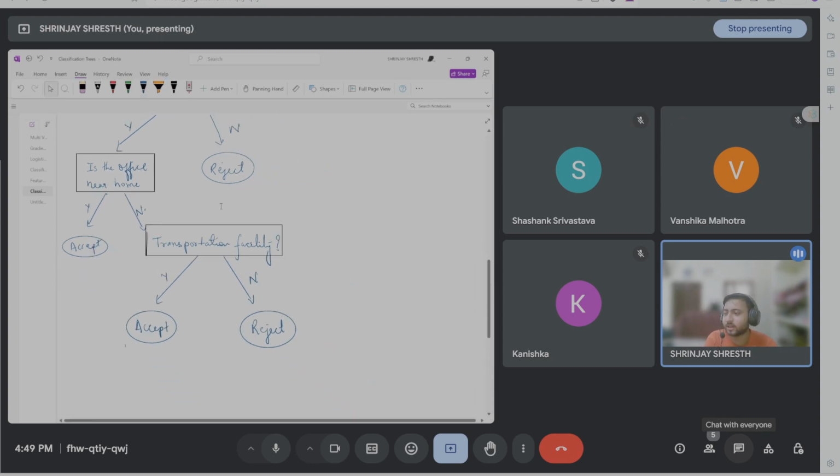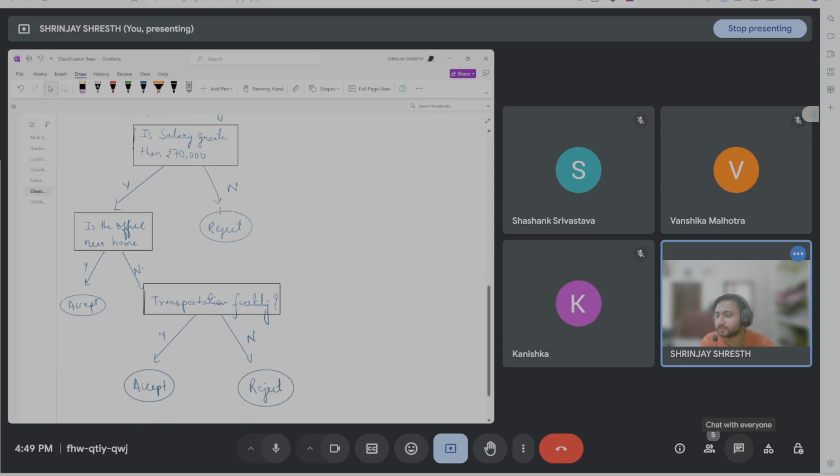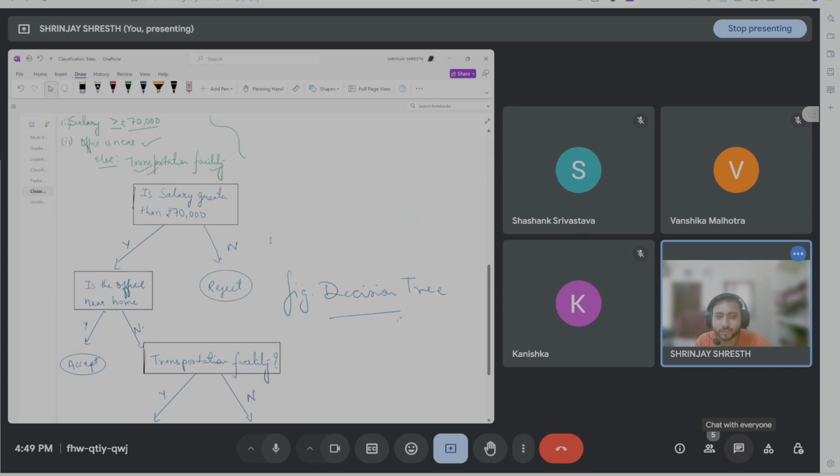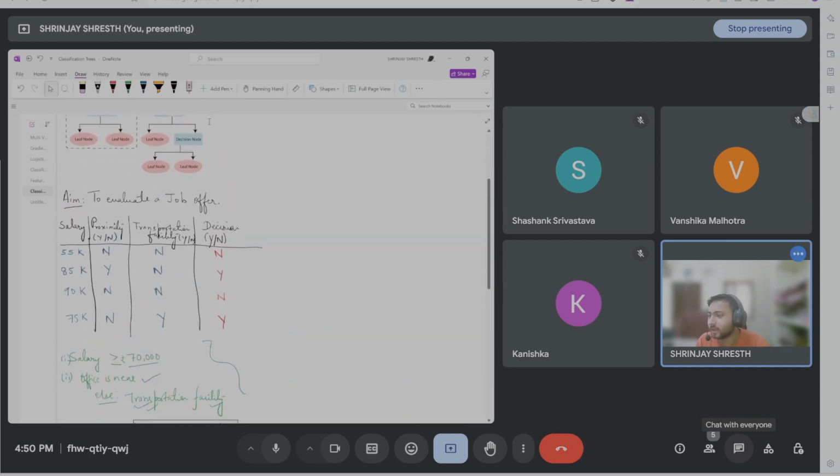So this was a complete decision tree. This is a decision tree. वंशिका आया समझ में? कनिष्का तुम तो थोड़ा लेट आई हो, आई एक्सपेक्ट तुम से इतना सेशन का रिकॉर्डिंग देख लो पहले जब मैं इसको लोड करूंगा, बट आई ट्राई टू मेक इट। हमने क्या किया देखो वंशिका, डिसीजन ट्री